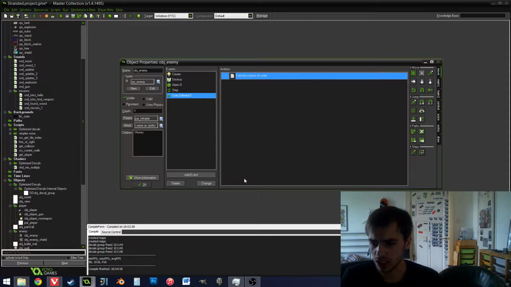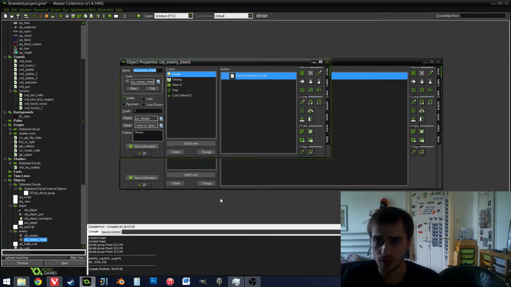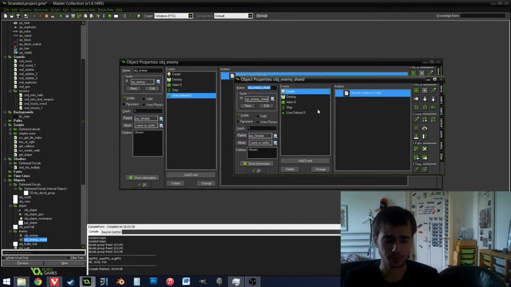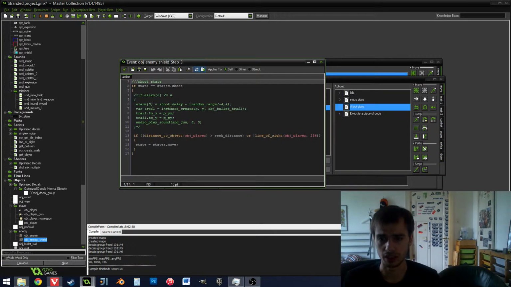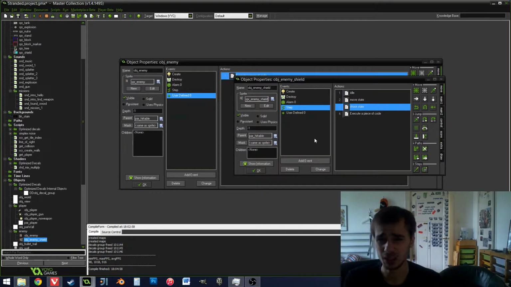Now I do have another type of enemy, which is my shielded enemy, and he basically has 2 lives, but he cannot shoot. I'm debating whether I should make him shoot later on or not, or maybe have an enemy shield shooting AI. And I basically just copied and pasted the whole thing. Apart from that, I took out the shooting. Well, the shoot state is nothing. It's just there to stop moving. And I really should have